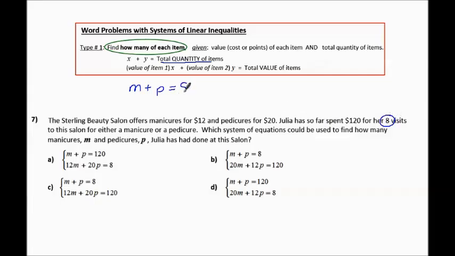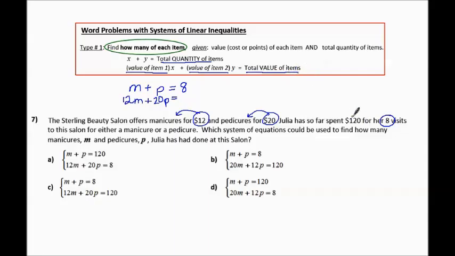So there's 8 of them that have been done. Then the second type of equation, the second equation of the system, is going to be the value of item 1. In other words, the value of the M's multiplied times the M. Well, the manicures were $12. So it's going to be $12 M plus the value of the second item. In this case, the second item is pedicures. Pedicures are $20. So it's going to be 20 P, and that's going to be the total value of both